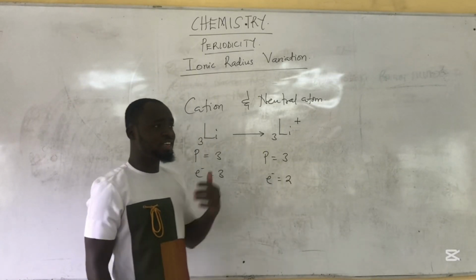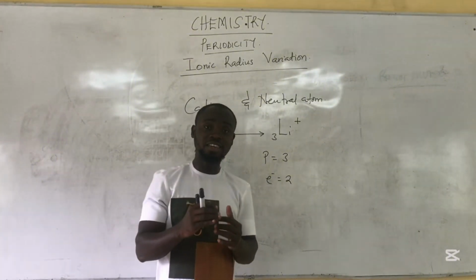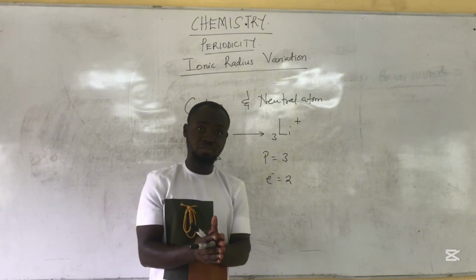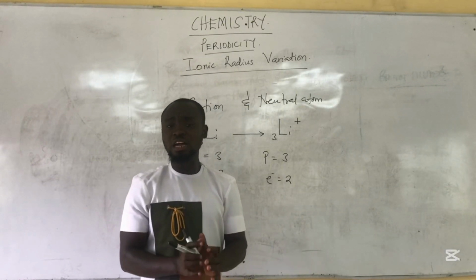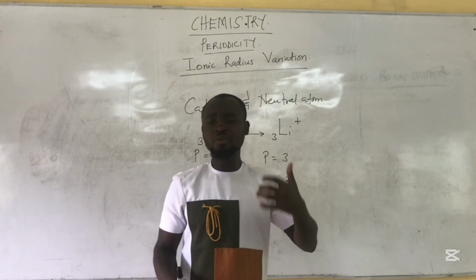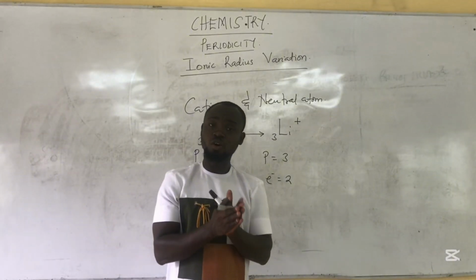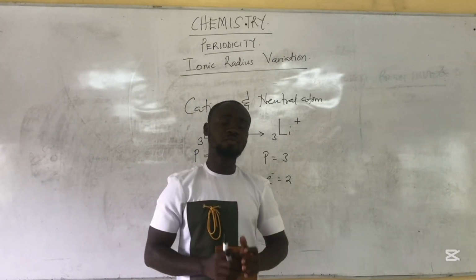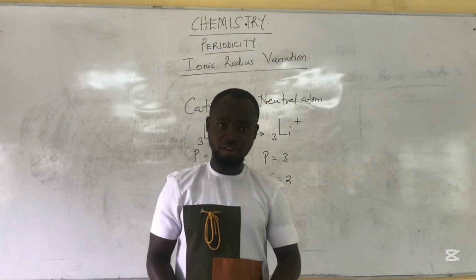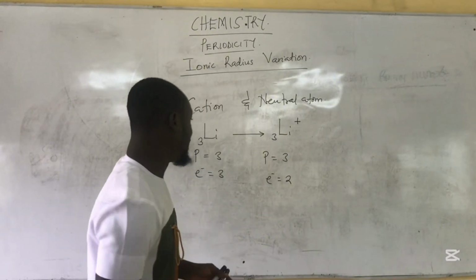Whenever protons exceed the electrons, there is less repulsion and a reduction in the radius, so there is going to be a decrease in the radius of that species. Is that okay? So for a neutral atom and its cation, the cation has excess protons, and excess protons increase its nuclear attraction, thereby decreasing the size of that species. So cations have smaller radius compared to the neutral atom. Is that okay? Alright. So since we are discussing ions, let's also consider